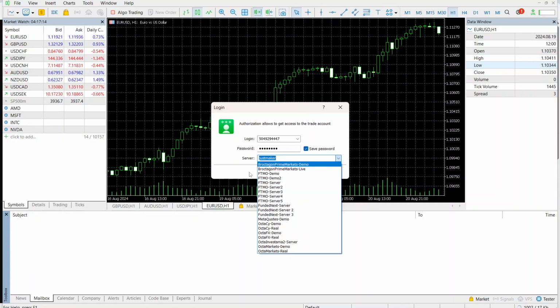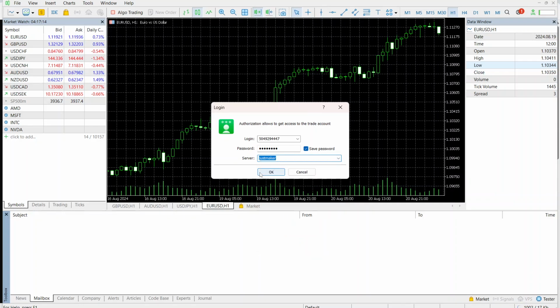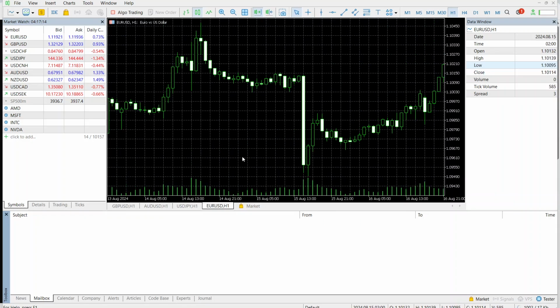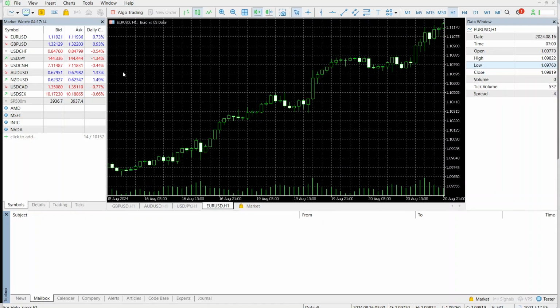With a successful login, your computer screen will refresh, displaying your account details and trading information. You know you're logged in when you see the balance, equity, and available margin to the left, along with the option to view open positions and market watch. This might be a good time to double check that all information on the screen matches your expectations, ensuring everything is in order before you delve into any trading activities, and that is how you log into your trading account